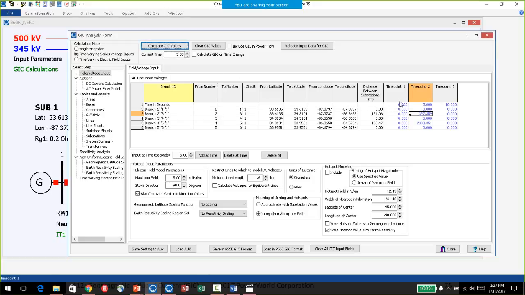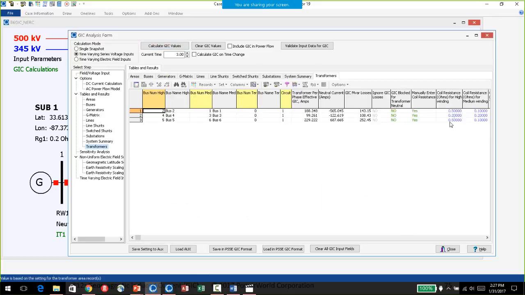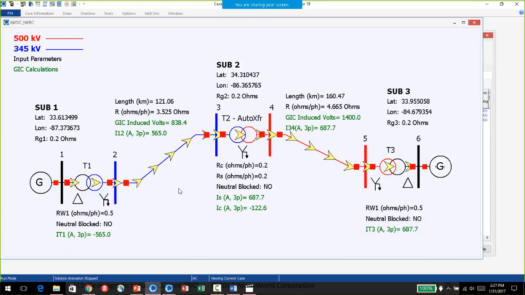Between time points where there is input data, it'll just linearly interpolate. So I can put in 3 seconds and say calculate GIC values. I can go out to the transformers, for example, and look at the GICs for the transformers. I have some quantities on my one-line diagram as well that reflect what's happening at that time.